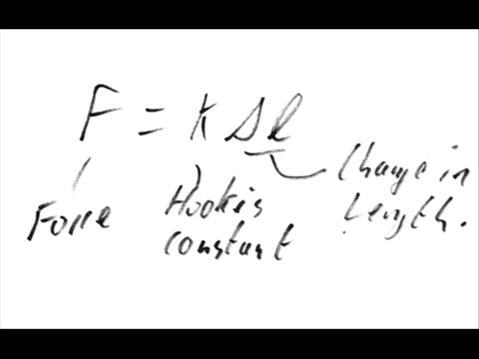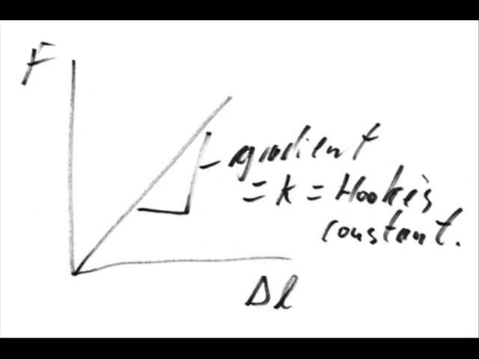Hooke's law for springs and elastic materials states that the force applied to or by a spring or elastic material is proportional to the change in the length of the elastic material. The constant of proportionality for different materials is different from each other due to the nature of the bonds between atoms inside the materials. However, the constant of proportionality is given the generic name of Hooke's constant and given the symbol K. It needs to be measured for each material and combination of different materials by plotting force applied